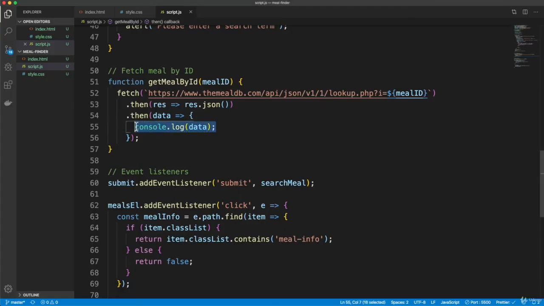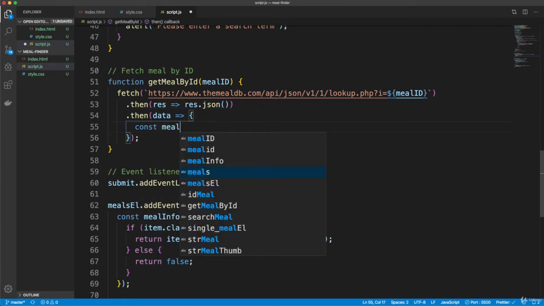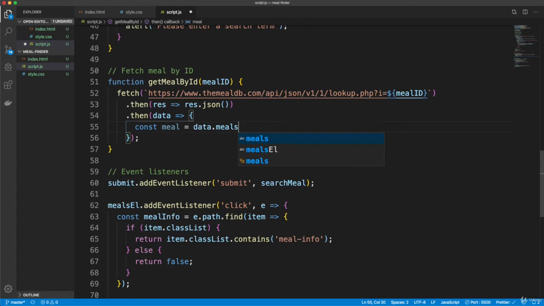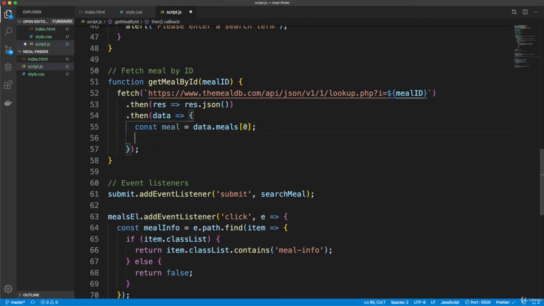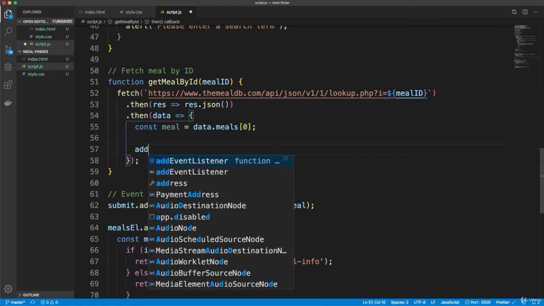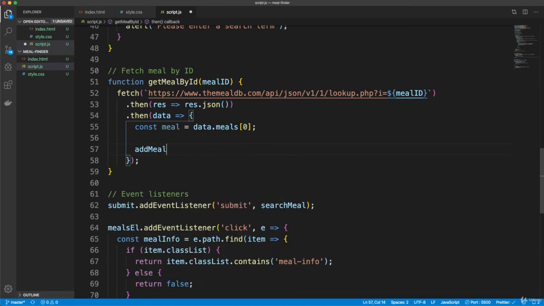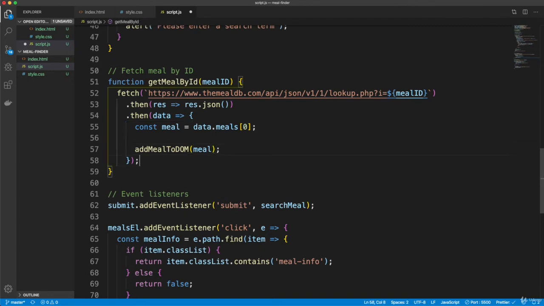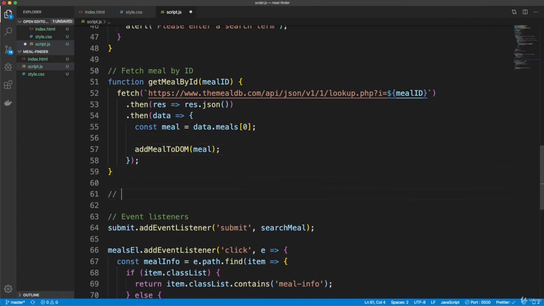So let's set a variable called meal and set it to data.meals. And remember, it's an array, so we want the first value. So we want 0. Okay, and then I'm going to have another function to actually add it to the DOM. We'll call this addMealToDOM, and we'll pass in that meal. Okay, so now let's go down here and let's say